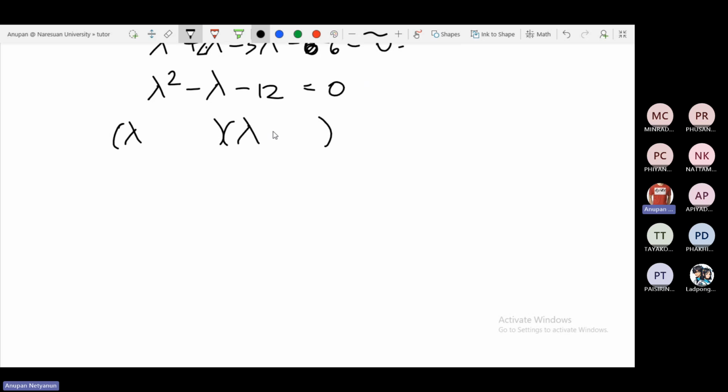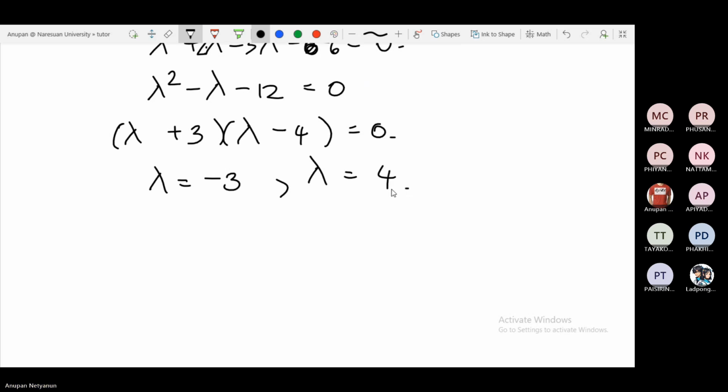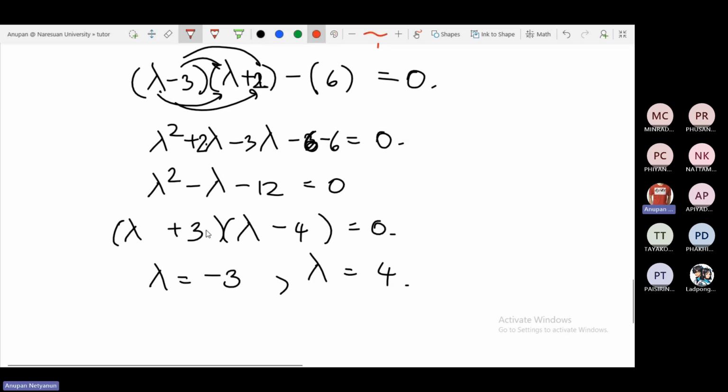Negative wins, right? So I can make negative 12 into negative 4 and plus 3, okay, equals 0. So these two multiplied together equal 0, so this can be 0 and this can be 0, so you get lambda equal to -3 and lambda equal to 4. We got the lambda answers. Now, this is a polynomial. If there is a quadratic polynomial, what method do we use? Think about two numbers